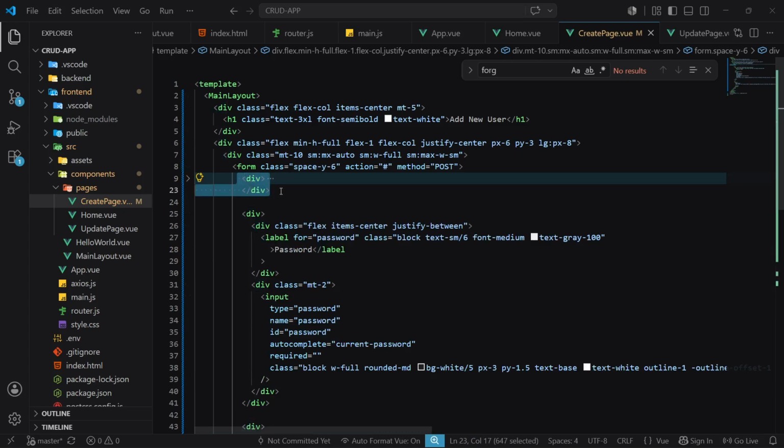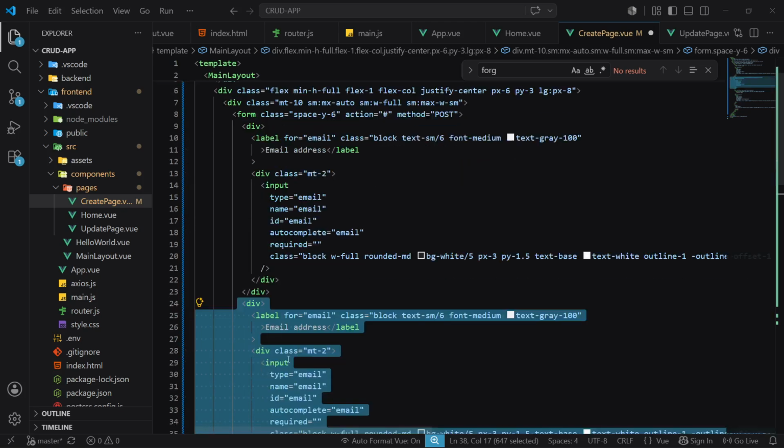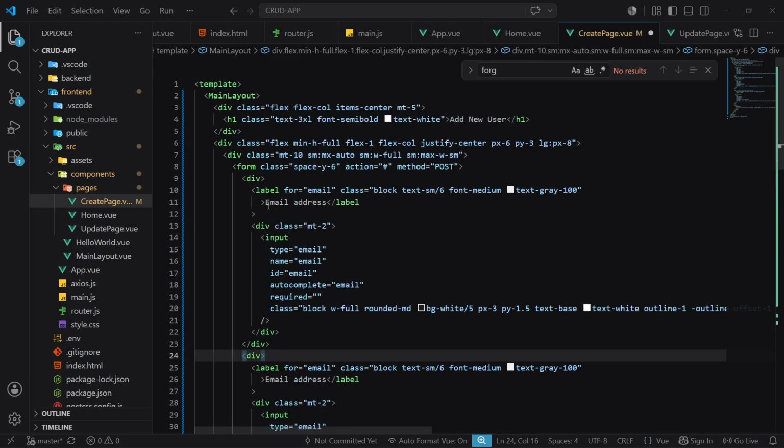I can select it and then press Shift, Alt, and down arrow. Okay, like that. Now, instead of starting with an email address, we are going to start with the name,